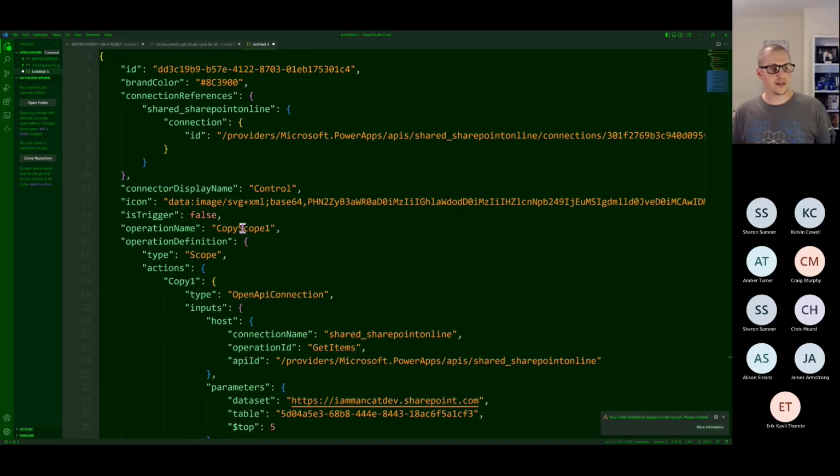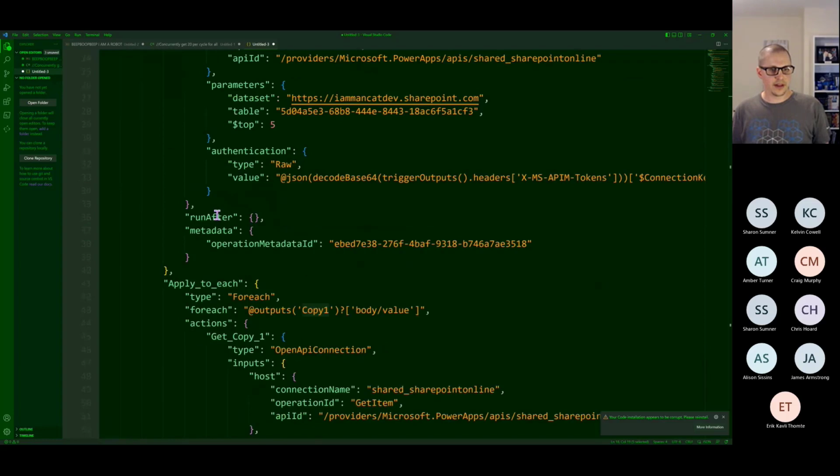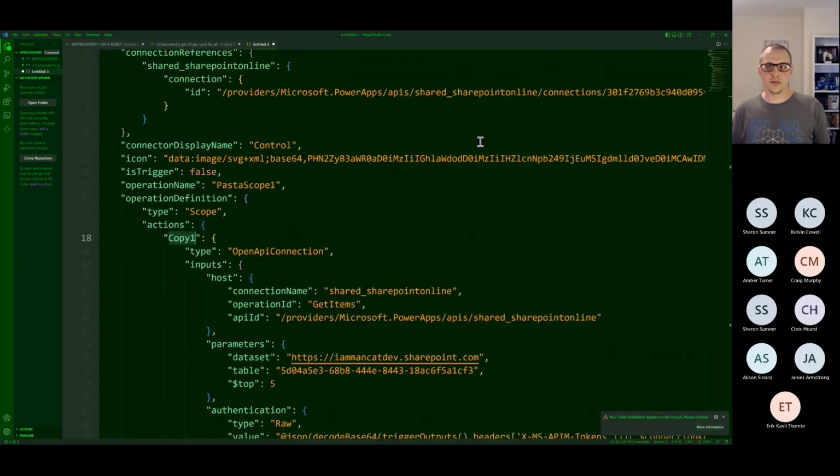So now what I can do is, the operation of the scope is called copy scope 1. I want to, that's now paste scope 1. Then inside that scope, we have an action, and that action is called copy 1. So that's the original copy 1 we saw in the editor. Then we had one that's called